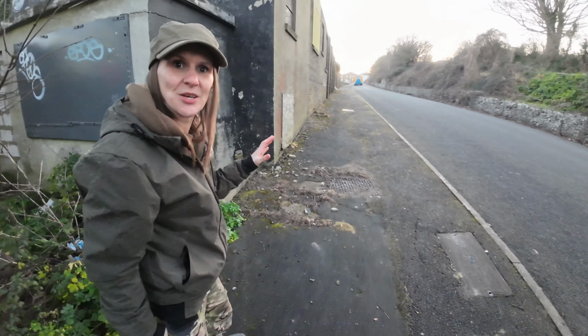It is a shame, because there's so much history in this building, but obviously it got left abandoned and it got burnt down, as happens so often. And now it's just being left, forgotten, unloved. You can hear a bus about to go past us. It's on a normal rural street. There's a small housing estate just up here. People come past us all the time. I wonder how many people actually know the history